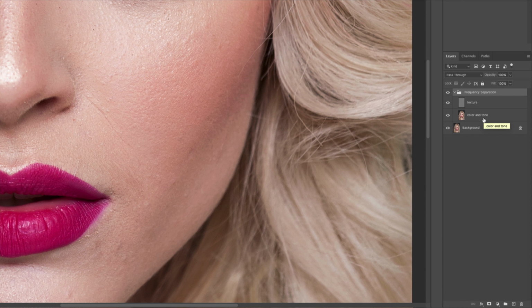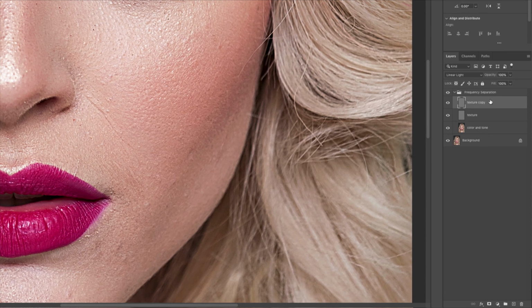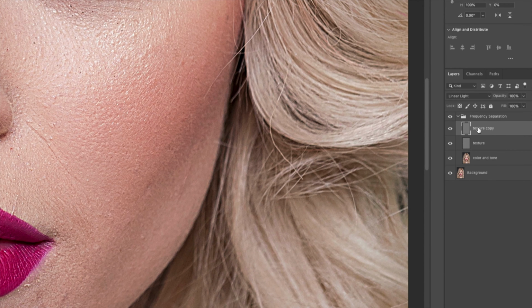But there's a couple other things that I need to do. I'm going to duplicate the texture layer, Command or Control J, which is going to ostensibly duplicate the amount of texture that's visible in the image. I want to take my texture copy layer and rename it Fix Texture Here.